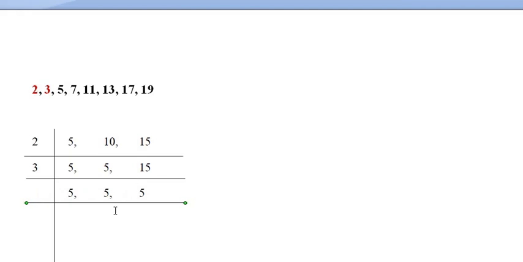Okay, so now you can see these numbers can be divided by one single number, that is 5. Okay, so you write 5 out here. Okay, and here what will be the result? 1, again 1, and 1. Okay, so this is it. Now if you multiply all these 3, okay, 2, 3, and 5, you will get LCM. So 2 3s are 6, 6 5s are 30, isn't it?